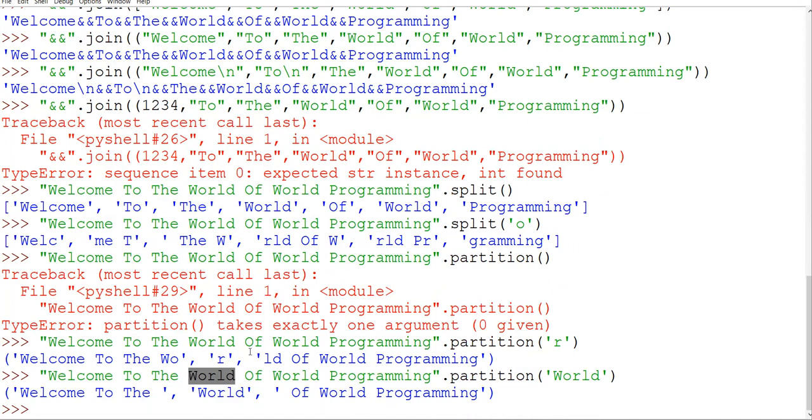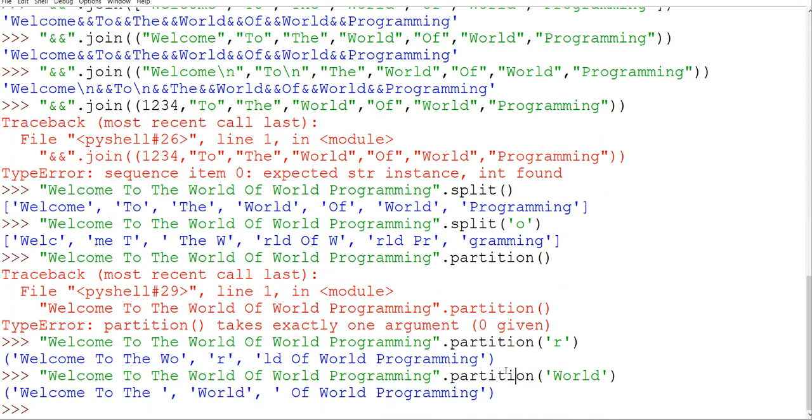Whereas in case of split, when I gave O, it was breaking at every O, so it gave us multiple strings as an answer. But here it only breaks at the first occurrence. And every time it is compulsory that you will get 3 answers.